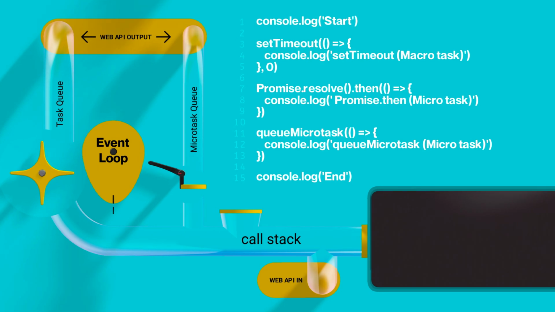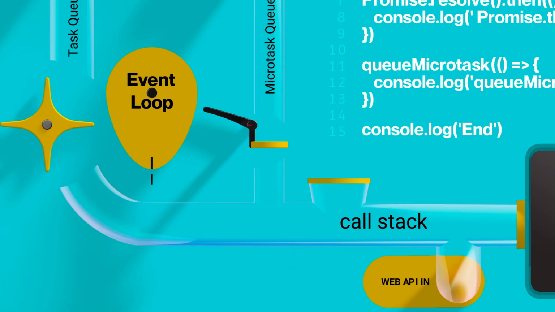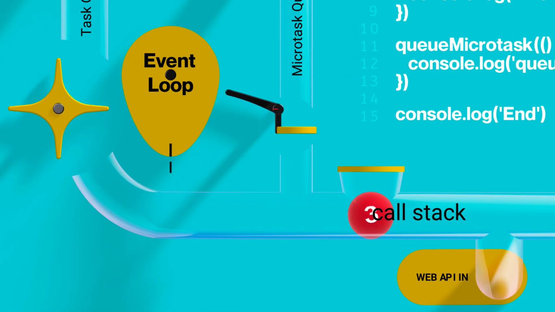JavaScript is a single-threaded language, which in our model is clearly represented as a single pipe, the call stack of limited width. If a task that takes a long time to execute enters the call stack, it will block the pipe, preventing other operations from running. In simple terms, the program will freeze and become unresponsive to user